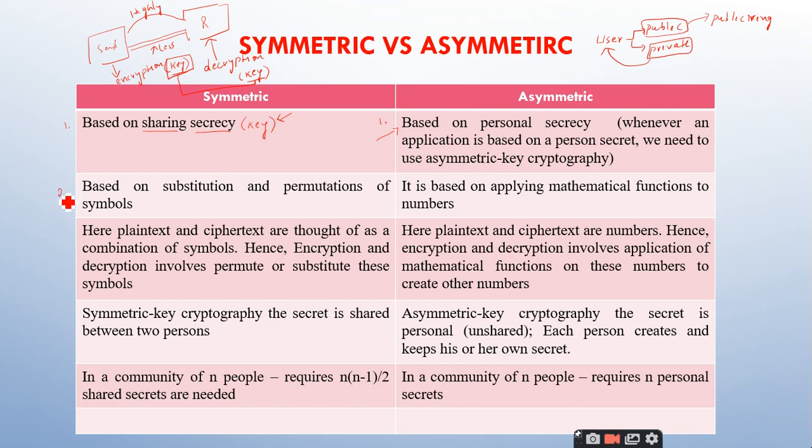So coming to the second point, we have seen the symmetric key cryptography algorithms in the first unit, where we are using two concepts called P boxes and S boxes, which are nothing but substitutions and permutations. You remember these terms, right? Substitution is replacing one symbol with another symbol. Permutation means you are going to reorder the symbols.